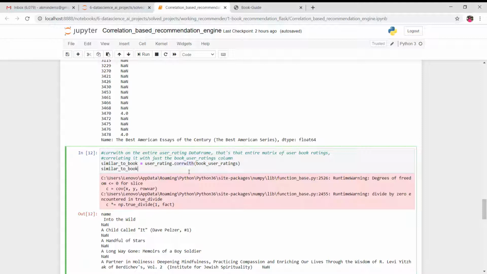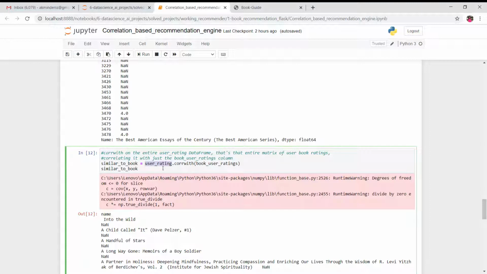And in pandas we have a method with the name of corrwith. This corrwith method simply finds similarities between the products on the basis of Pearson. It will perform the Pearson similarity formula, and it will give us the similar books.